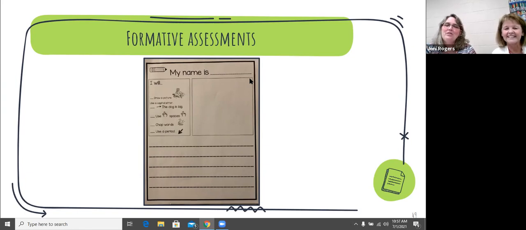But whatever assessment we're giving, they would use this. Like I said before, we're never dropping off skills. We're always continually incorporating the skills that we've introduced prior, still making sure that we're using them. This reminds the students: I will draw a picture. I will use a capital letter. I'll use a finger space. I'll chop my words. That chopping comes from Hegarty. So we're incorporating our phonics with our writing here.